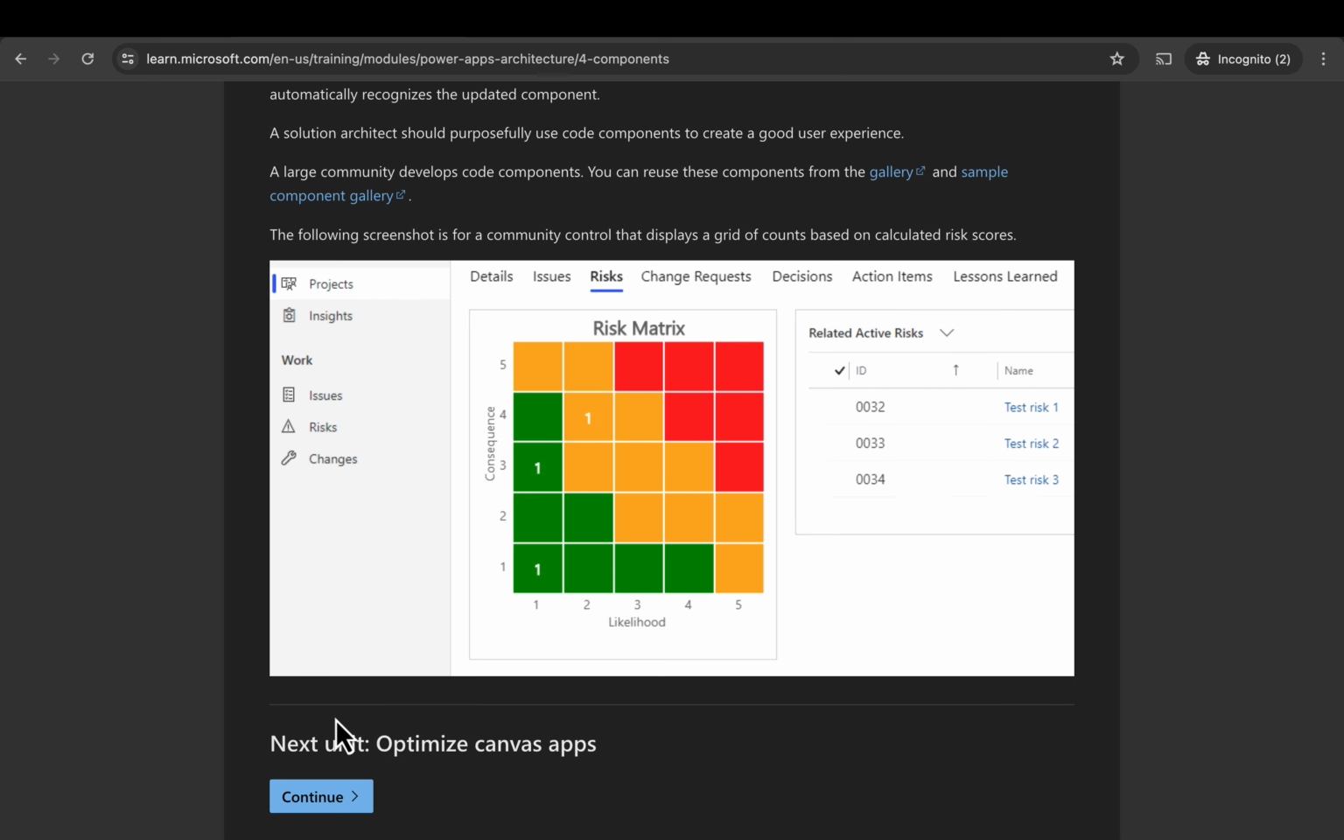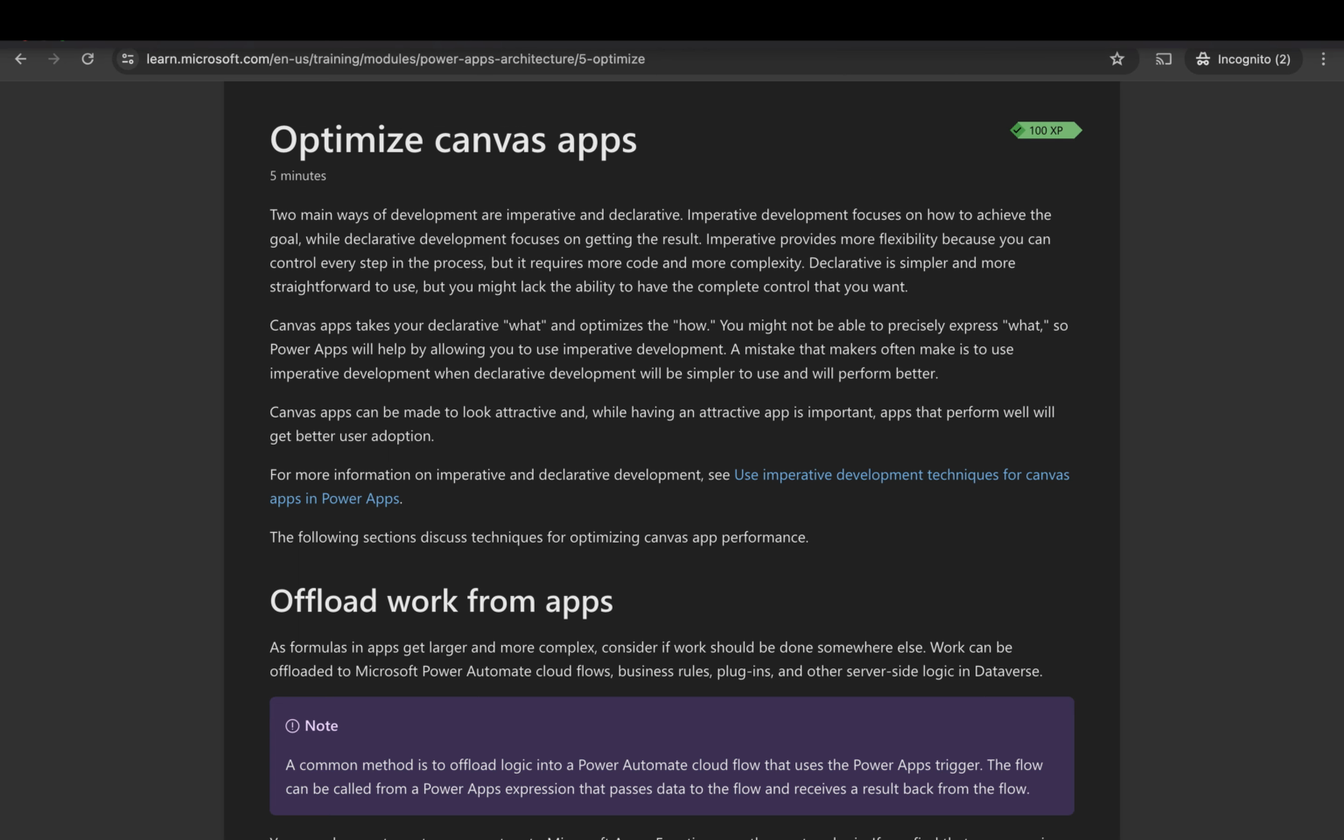Next unit, optimize Canvas apps. Optimize Canvas apps. Two main ways of development are imperative and declarative. Imperative development focuses on how to achieve the goal, while declarative development focuses on getting the result. Imperative provides more flexibility because you can control every step in the process, but it requires more code and complexity. Declarative is simpler and more straightforward to use, but you might lack the ability to have the complete control that